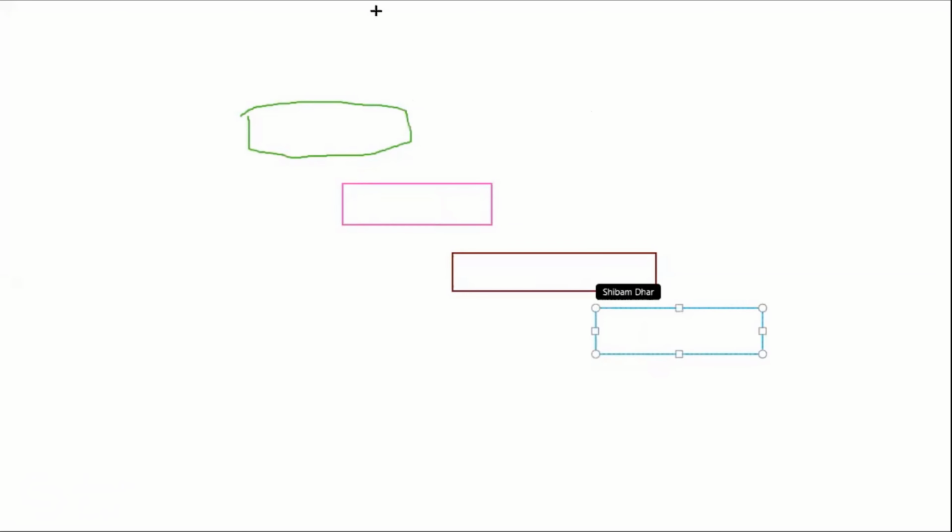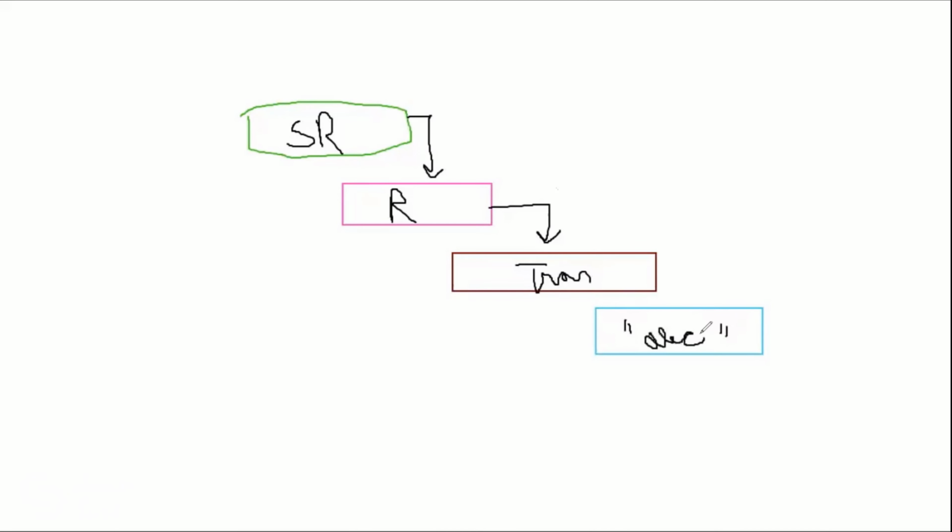Okay, fine. So this will be our main event list. What is speech recognition? Inside this, there will be result. Inside this, there will be speech recognition. Inside this, there will be result. Inside this, there will be transcript. Inside this, there will be our exact words, whatever we say, A, B, C, or whatever we said.